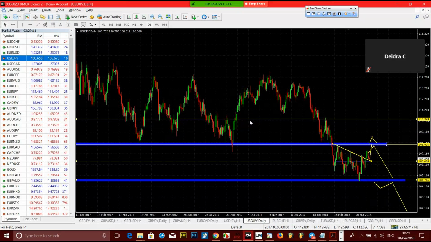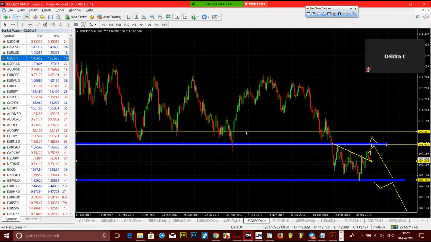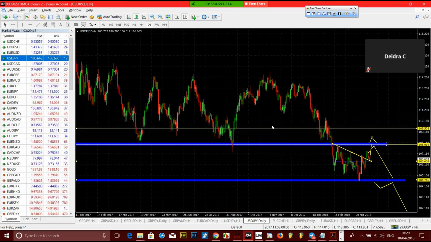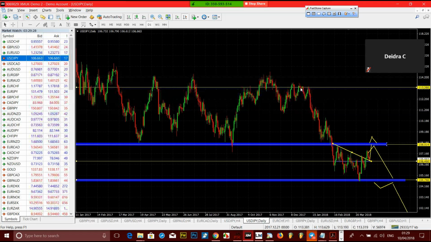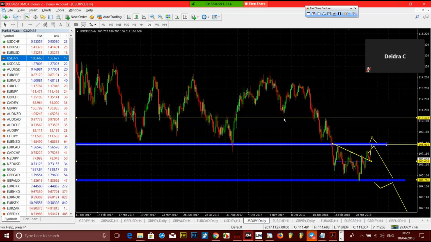Whenever that happens, we have a level, and if it goes up, I don't really like the way it is on the upside. Maybe you could take your first TP here, at this level. Then your second will probably be somewhere around here, where you had these multiple touches. So that would be your level. Then the next one will probably be somewhere around here. So if it goes up, I don't see it going up, but anything can happen. But be on the lookout.